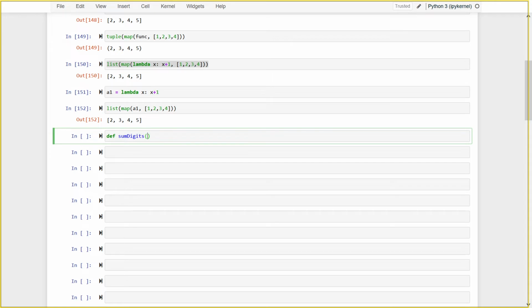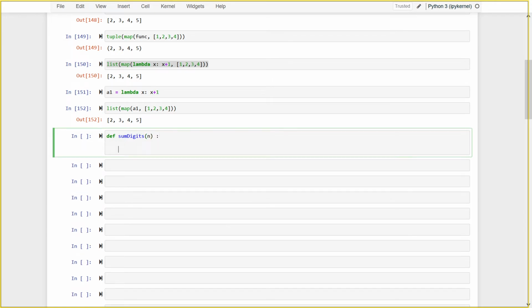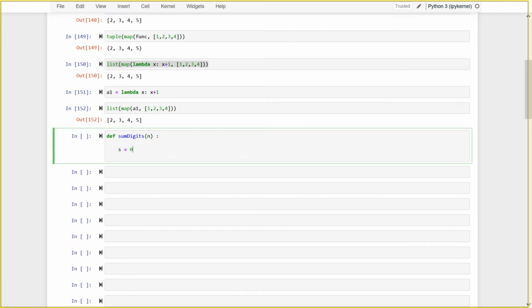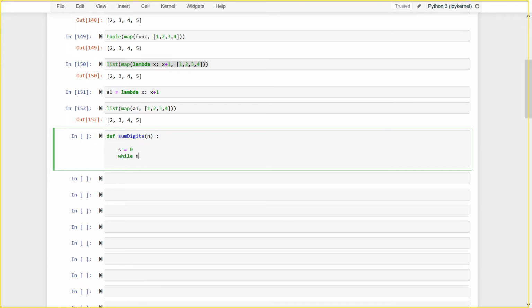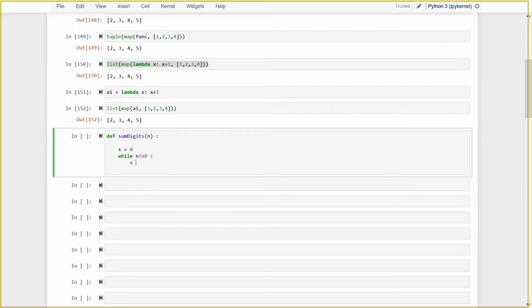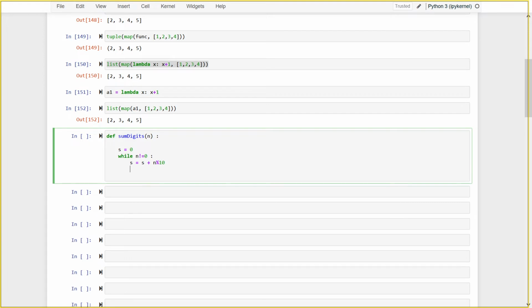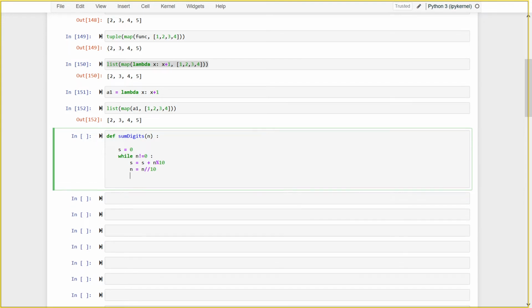I will take some number n and then I will say sum is equal to 0, and while n is not equal to 0, sum is equal to sum plus n modulus 10, and then n is equal to n double slash 10, that is integer division.